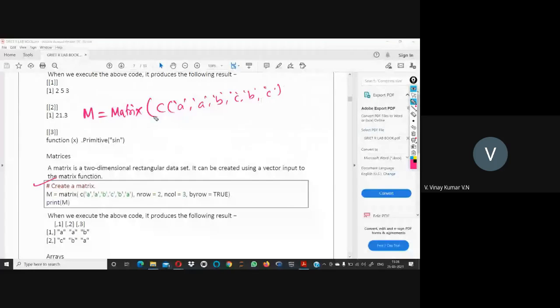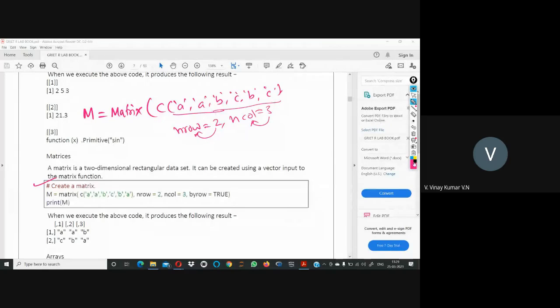And in how many rows should these characters be represented? That is what we take as nrow, so my row count should be 2. These characters should be arranged in 2 rows, and the number of columns is ncol. nrow equals 2 means we are expecting 2 rows, and ncol equals 3 is the number of columns we require. So the elements we have should be arranged in 2 rows and 3 columns, starting from the left.